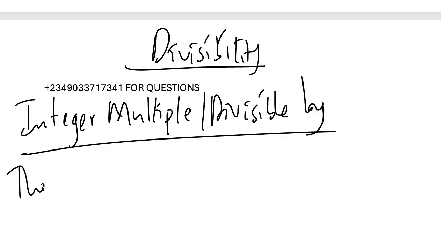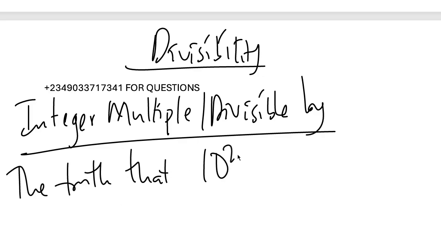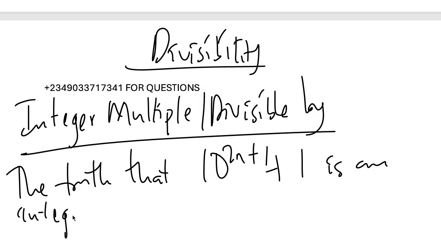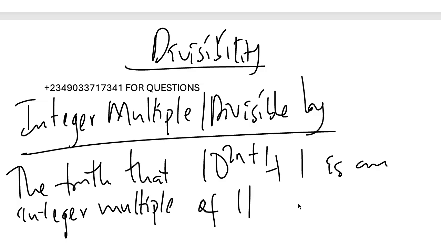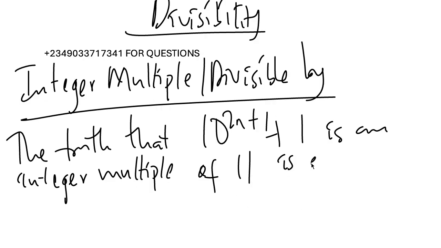And it says the truth that 10 to the power 2n plus 1 plus 1 is an integer multiple of 11 is established